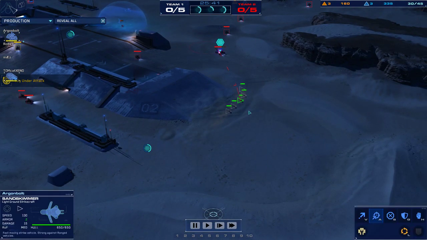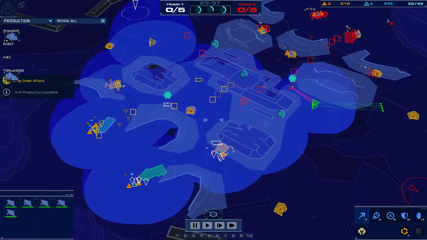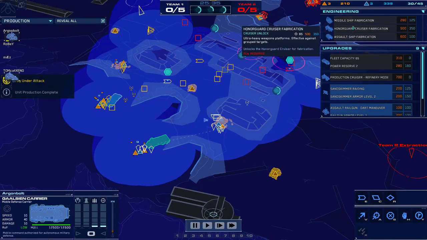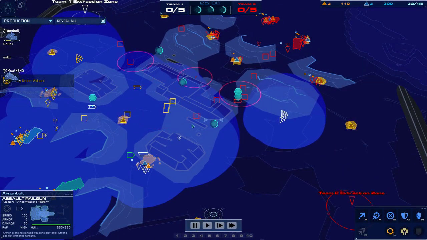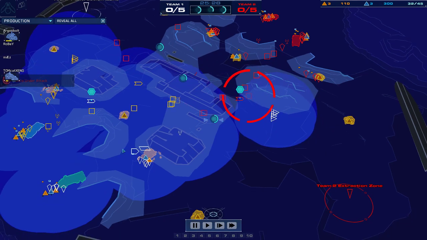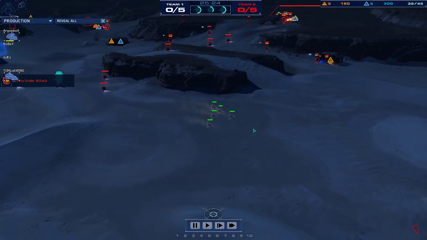In the meantime, we've got Argon Bolt. He's got such a small force. What has he teched into? So he's teched into railguns. He's getting out assault rails, which I am fine with, considering the amount of armoured assaults around. But